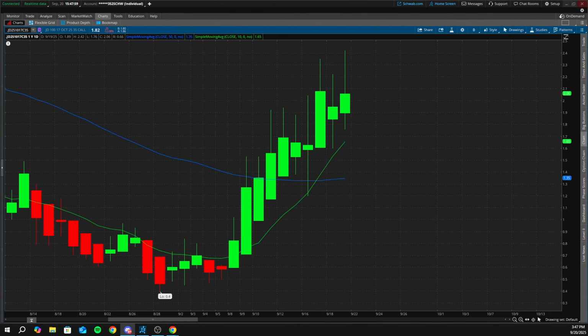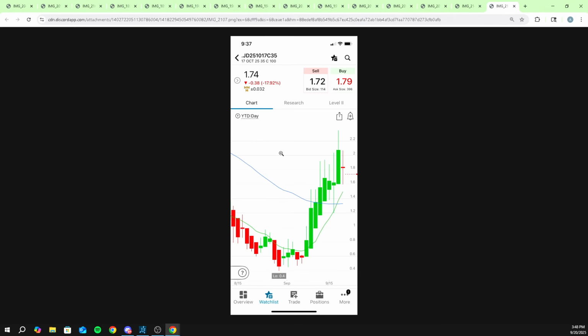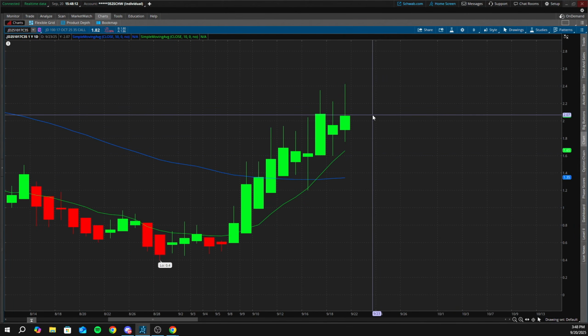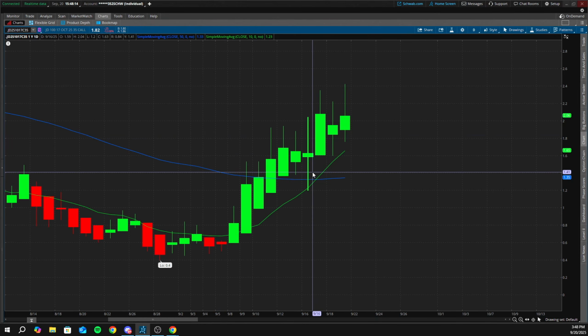So the 10 SMA is going above the 50. We got this little pullback here to the 10. I added some more to this. This is a very high conviction trade for me, so I do really like this. And it looks really good for higher. Contracts ended up pulling back a little bit on Friday. I think I'm about break even on this at the moment, but again,